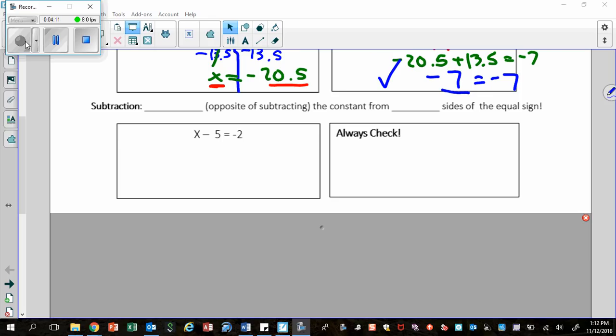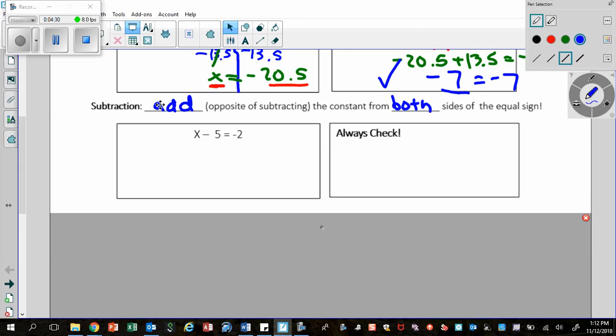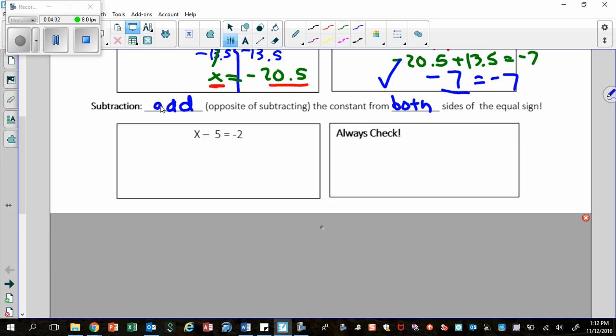All right, moving right along to subtraction. We notice the equation x minus 5 equals negative 2. It's subtracting. So we want to think the opposite of subtraction is addition. So we're going to add, which is the opposite of subtracting, the constant from both sides of the equal sign. Okay, so I'm going to draw my line underneath my equal sign, reminding myself that what I do to one side, I have to do to the other. So we'll follow the directions again. We're going to add the constant. In this case, the constant is negative 5. So we're going to add